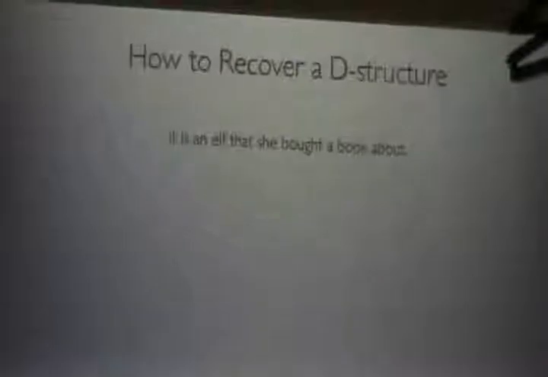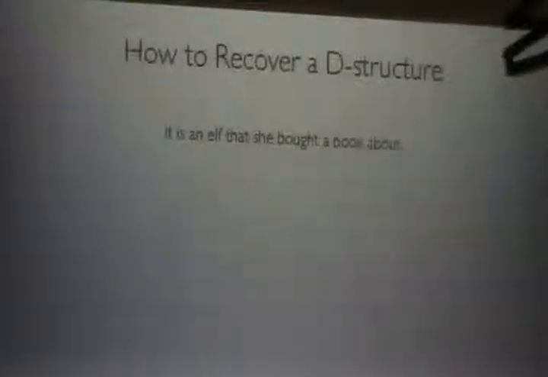So what that means is you know that following it, there's going to be something that's moved, and then following that, there's going to be the complementizer phrase that that something moved from. In this case,